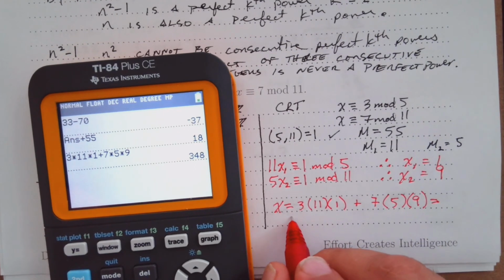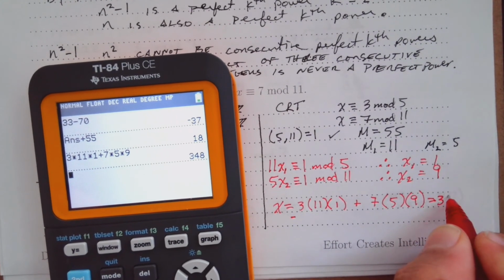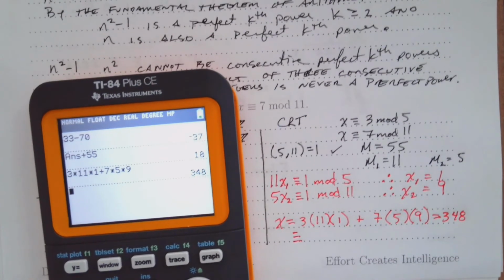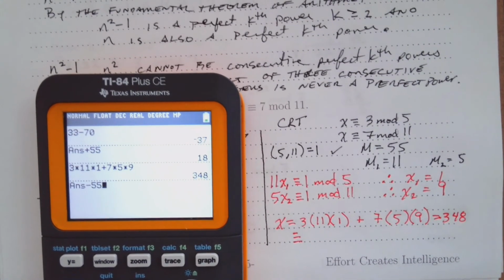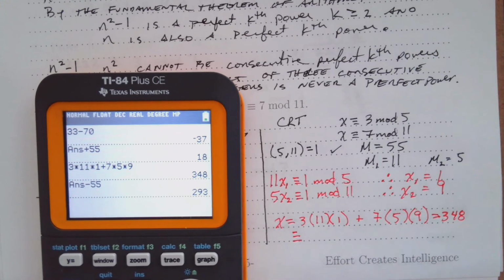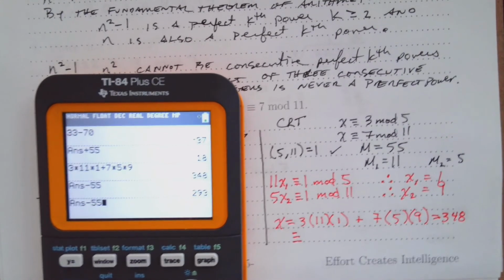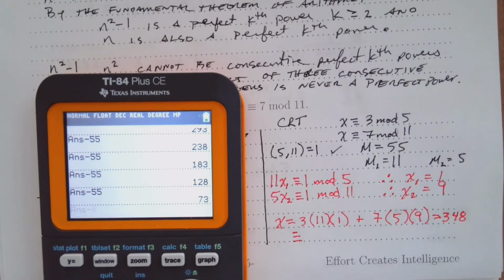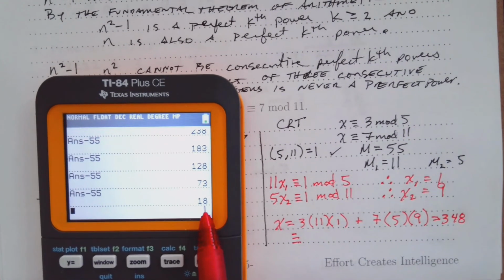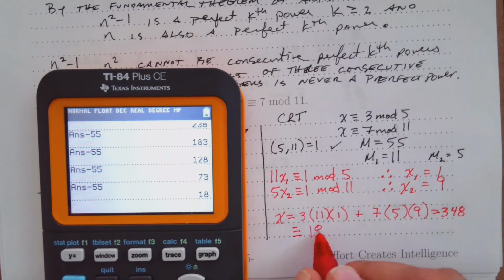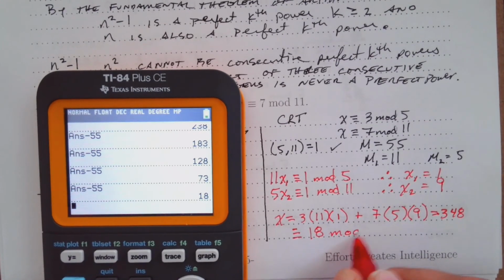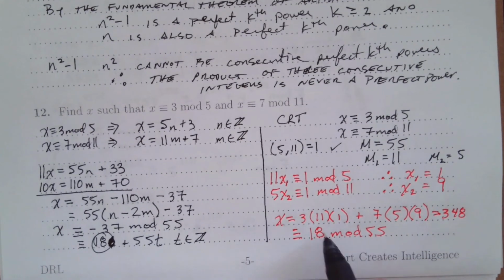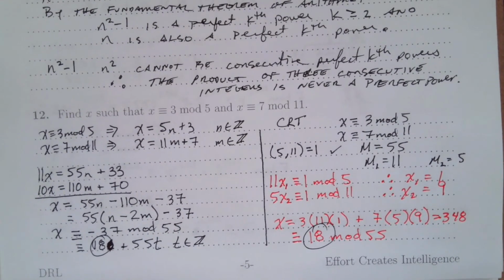So that's going to give us 348, which is going to be equivalent to, well, now let's start subtracting 55 because that's my big M. So minus 55, minus 55, minus 55, minus 55, right? Do it a few times until I get to a number less than 55, and so I see that that's going to be equivalent to 18 mod 55, which once again gets us to that same solution of 18 as